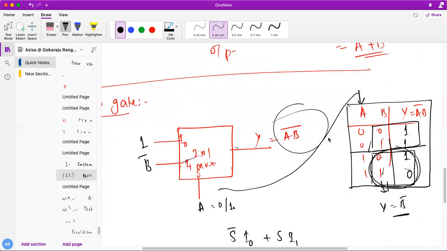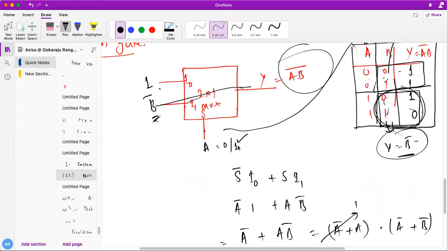So what I have done here: one input, which is MSB, I have connected to the select line. The remaining input is present. I am going to correlate it. For 0, I will put here. For 1, I will put here. Whatever the correlation here, whatever my input, I am not carrying, it's always 1. So always 1 means I have put here 1. And if the other input is 0, I'm getting 1. Other input is 1, I'm getting 0. So obviously Y is B bar. So I can put B bar here. So whenever 1 is at the select line, B bar will go and select over here. Understand? This is my NAND gate.